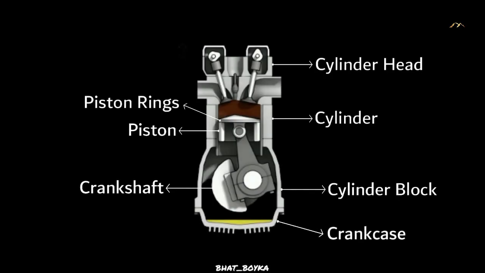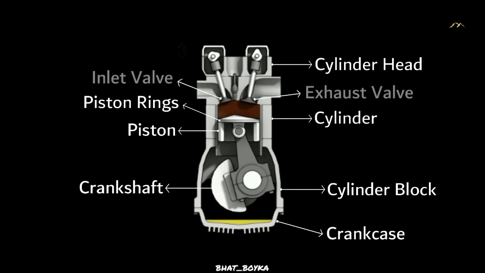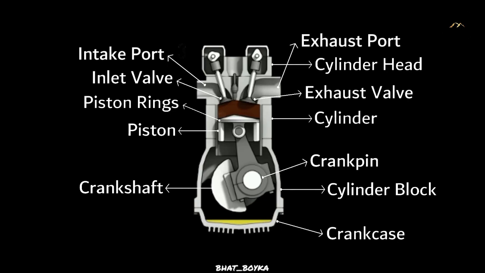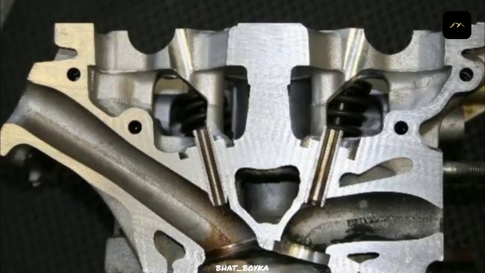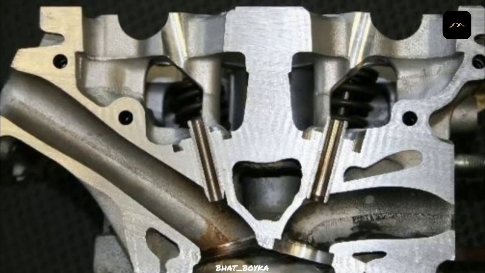Crankcase. This is the main housing at the bottom of the engine, providing support for the cylinder and crankshaft bearings. Valves. The engine valve's primary function is to allow air into and out of the cylinder. Crank pin connects the crankshaft to the connecting rod for each cylinder. Intake and exhaust ports. These ports are passages cast in the cylinder head, leading from the manifolds to the respective